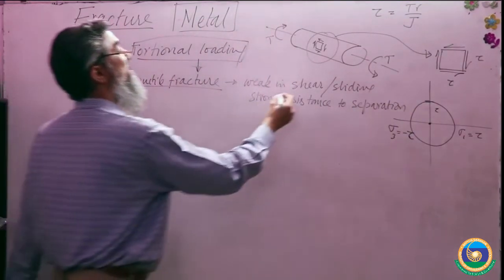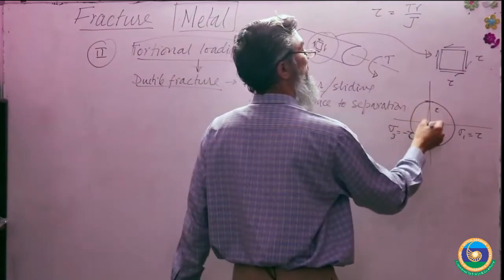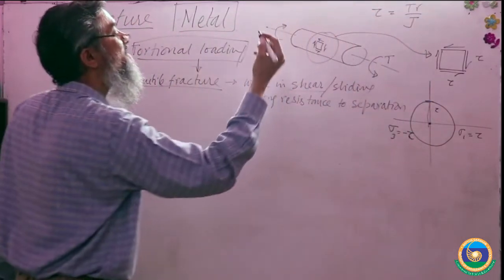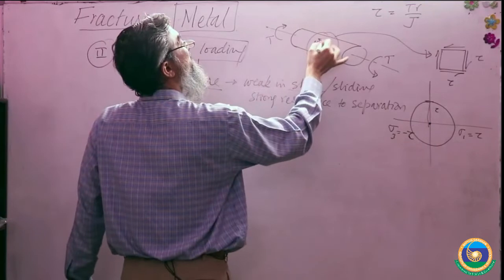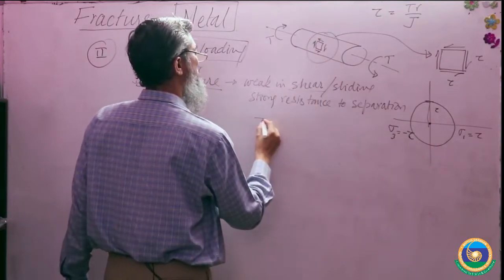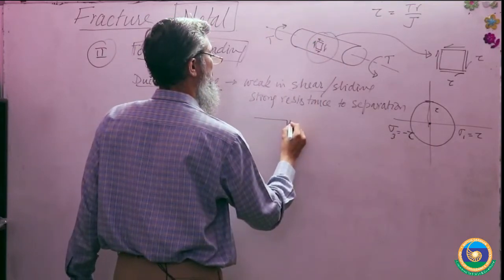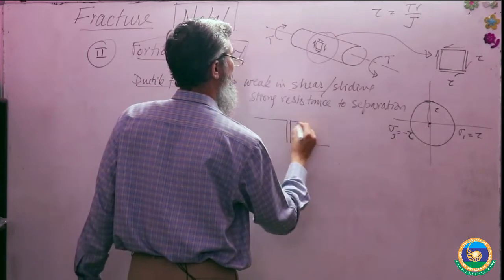So if it is weak in shear, maximum shear stress will lead to failure. And you see maximum shear stress is here itself, so it is as simple as that. The failure takes place like this,